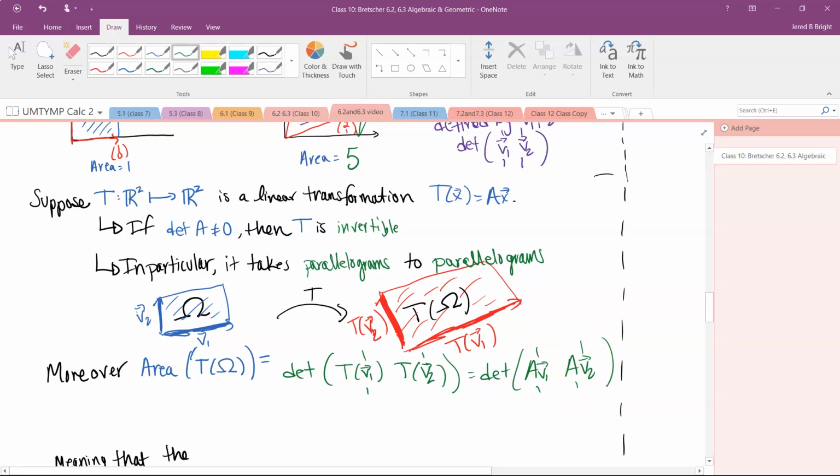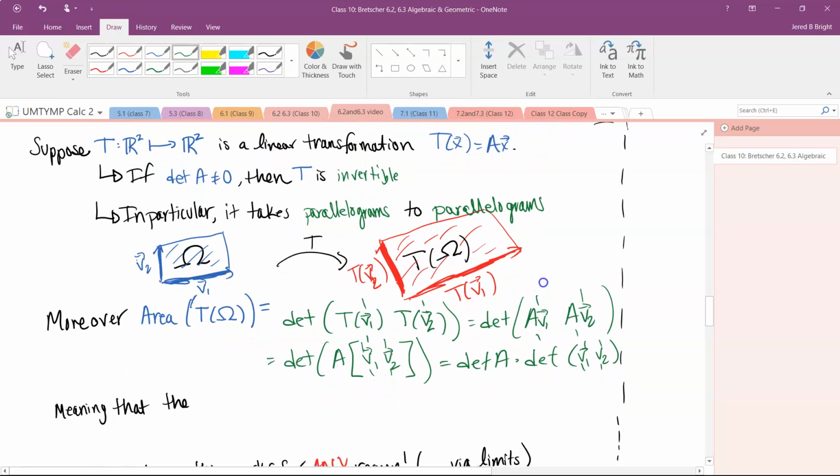Separating this out, this is going to be the determinant of A times the matrix V1, V2, and then by the algebraic properties of a determinant, this is the determinant of A times the determinant of V1, V2,